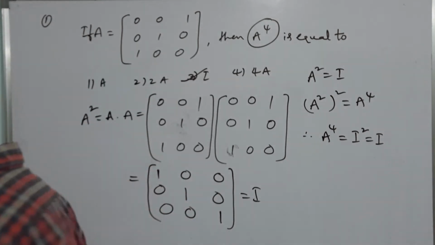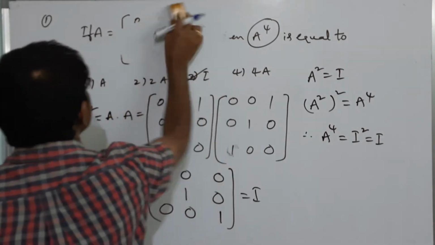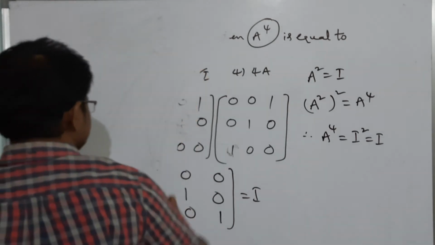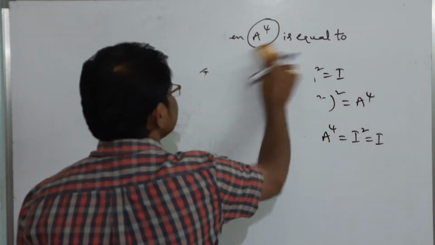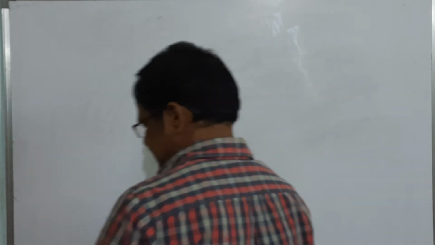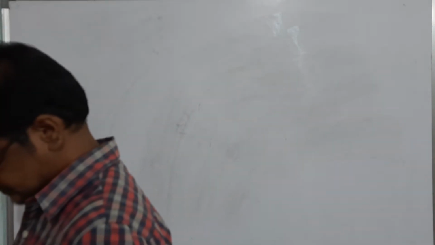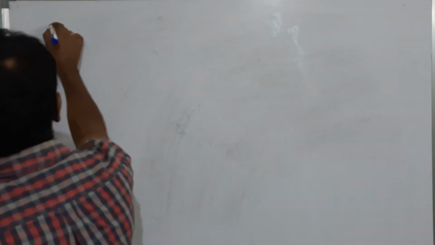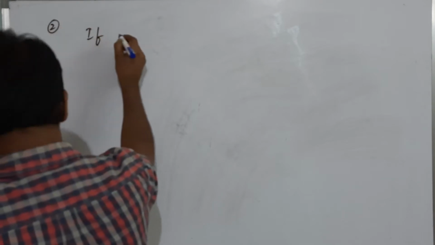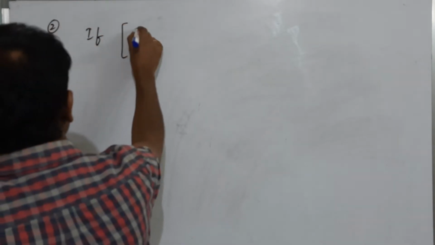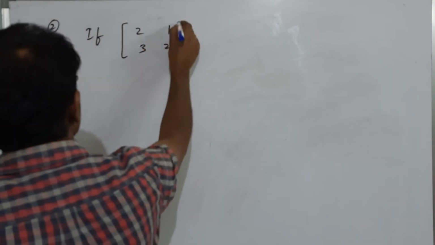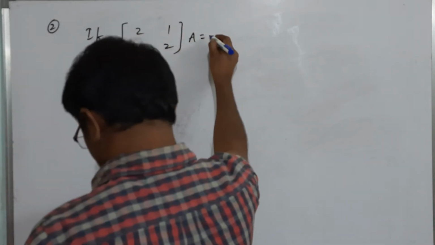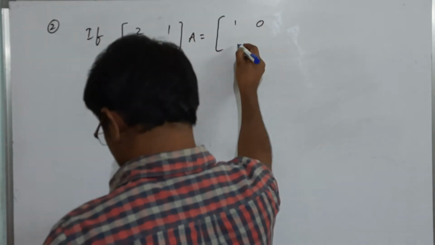Next problem. Take the next problem. Here they have given, second problem: if [2, 1; 3, 2] into A equals [1, 0; 0, 1],